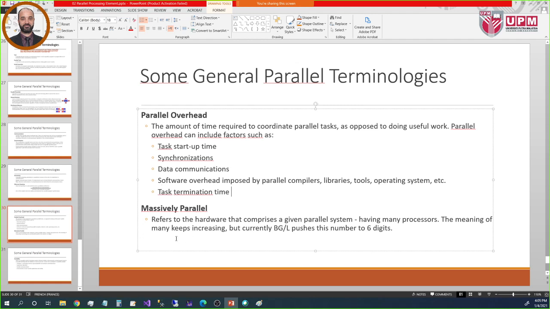Also, massively parallel refers to the hardware that comprises a given parallel system having many processors. The meaning of many keeps increasing, but currently Blue Gene/L pushes this number to six digits. Anyway,